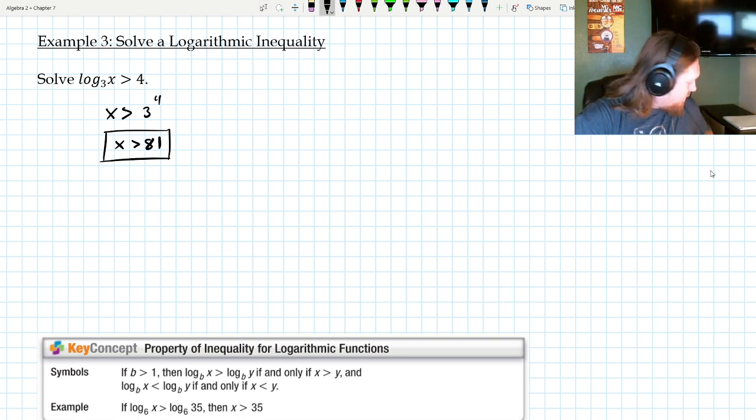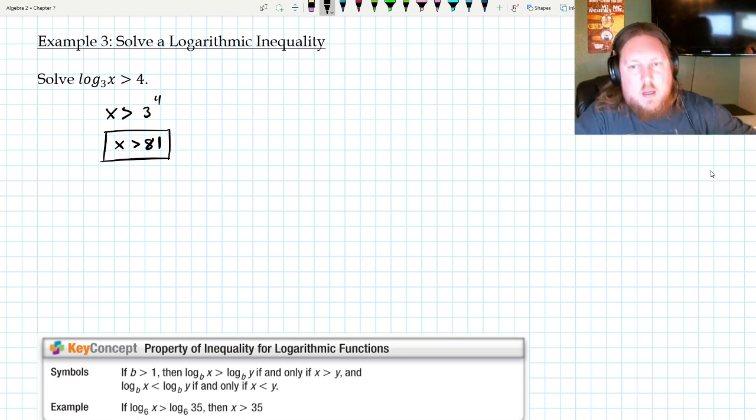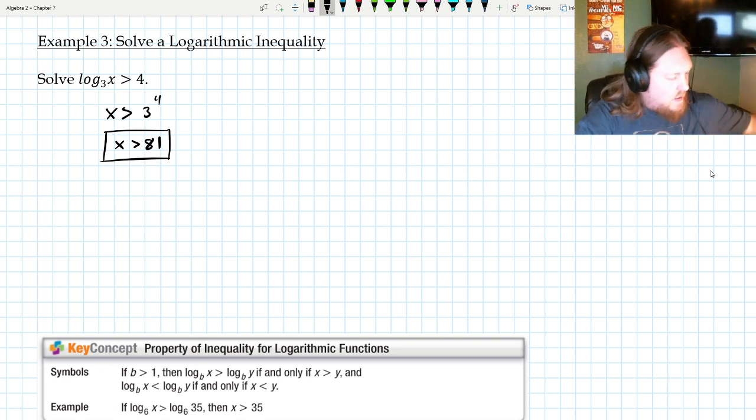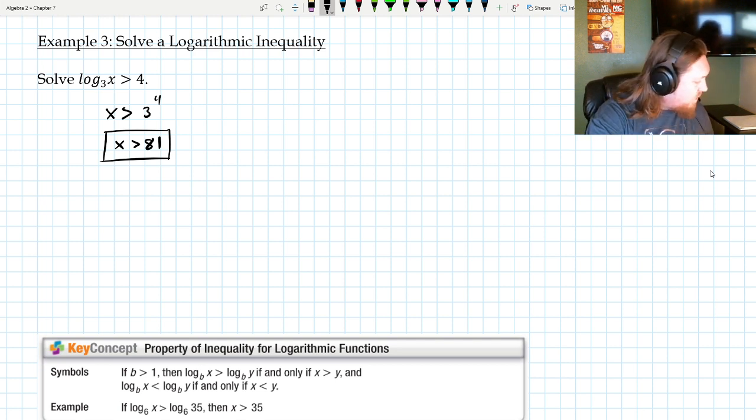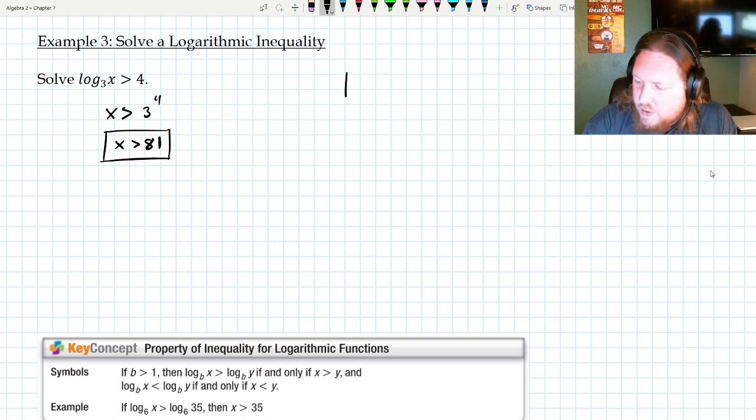Let me see if I can pull out another nice example here for you real quick. I didn't think about this when I was writing down my notes for the problem. Let me find another one for you. Let's try